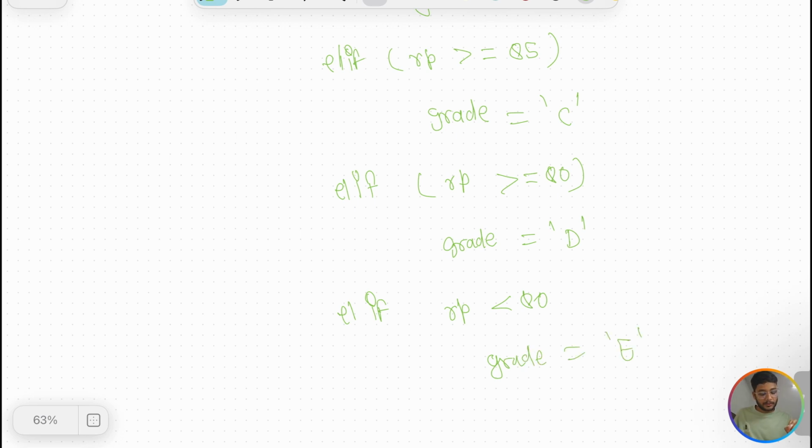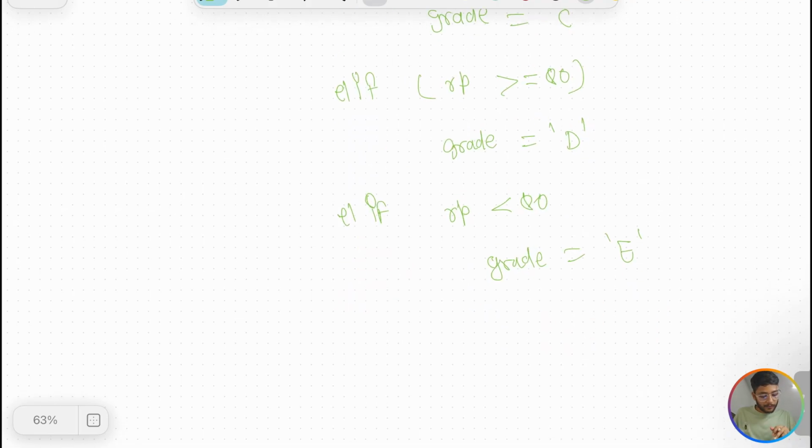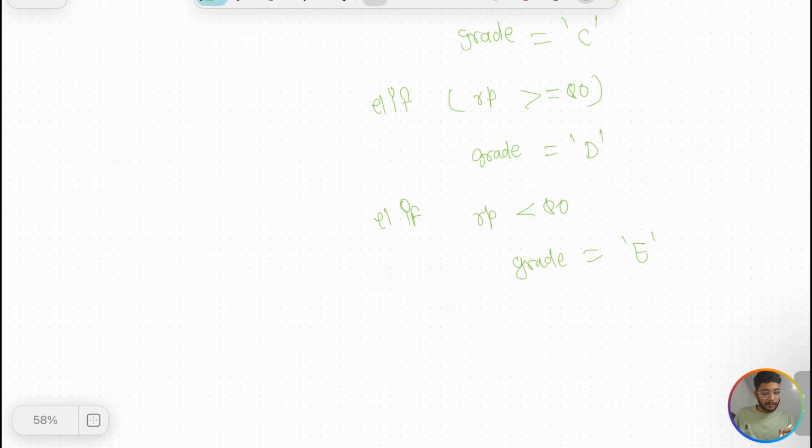So this is one condition. Or if you don't want to write elif again, this is the fallback condition, right? If the above conditions are not satisfied, that means it is less than 80, right? So you don't need to write the condition, and you can omit it. Everything will come under the else block and grading.